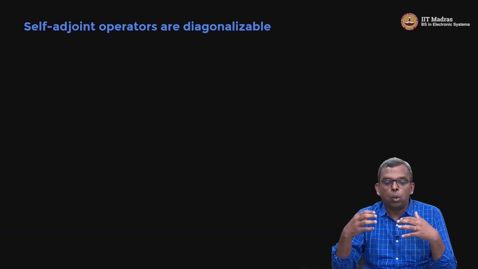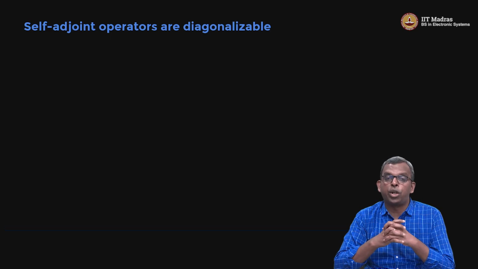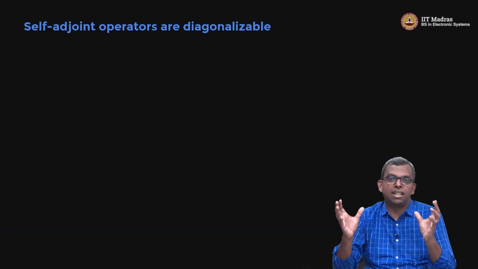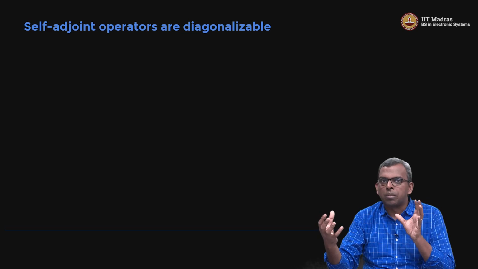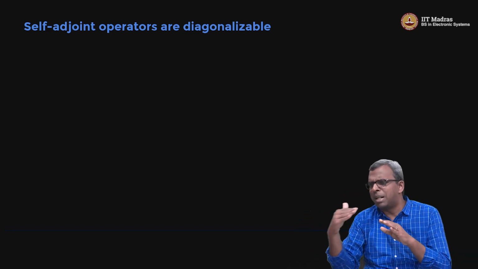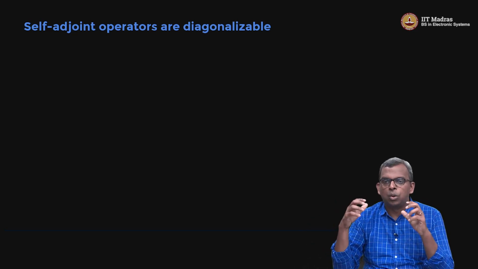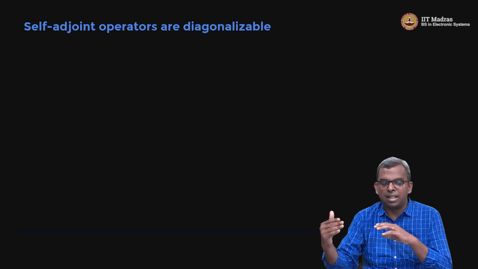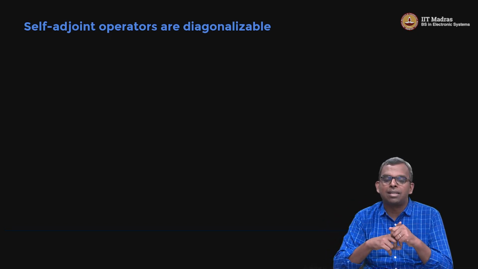Okay. Now, even more interesting is the fact that self-adjoint operators are always diagonalizable. Now, we saw earlier that diagonalizable operators are particularly easy to work with because in one particular basis the operator becomes diagonal, which means diagonal matrices are very nice, right? They just scale the coordinates. So, in some basis it is diagonalizable, that itself is nice, but what is more interesting about self-adjoint operators is that they are